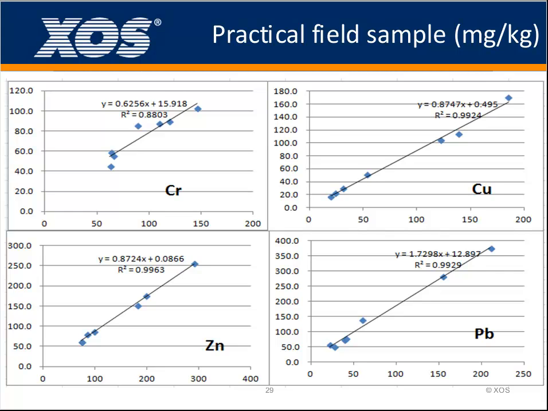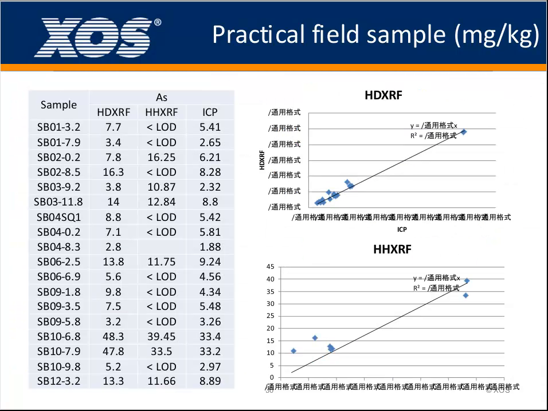Okay, and here is a picture of correlation of these elements. Okay, here is one real site case result. SP01 means the region, contamination 01, contamination region 0203, and the number means 3.2 meters deep and 7.9 meters deep, like that. And this is contamination of arsenic field. And we can see a correlation between HDXRF and ICP result is very nice, and it's higher than 0.9